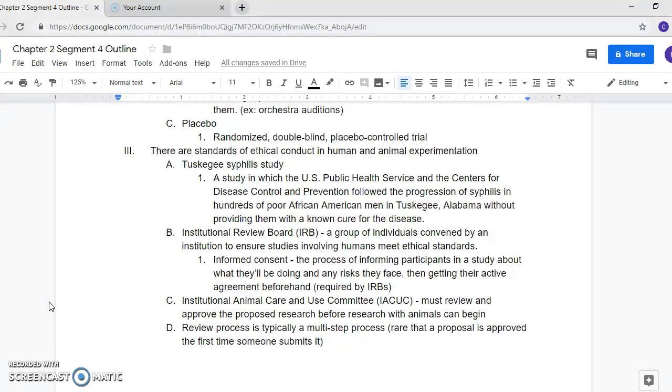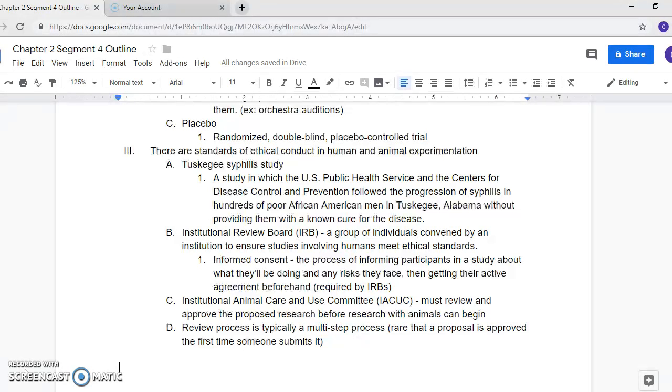When the details of the study came to light to the public, it was a scandal for how unethically these scientists were treating this group, these minority people, and how they were abusing them. In response to that, there have now been lots of ethical developments in order to make sure that there is a review process, and there are a lot of steps people have to go through in order to do research